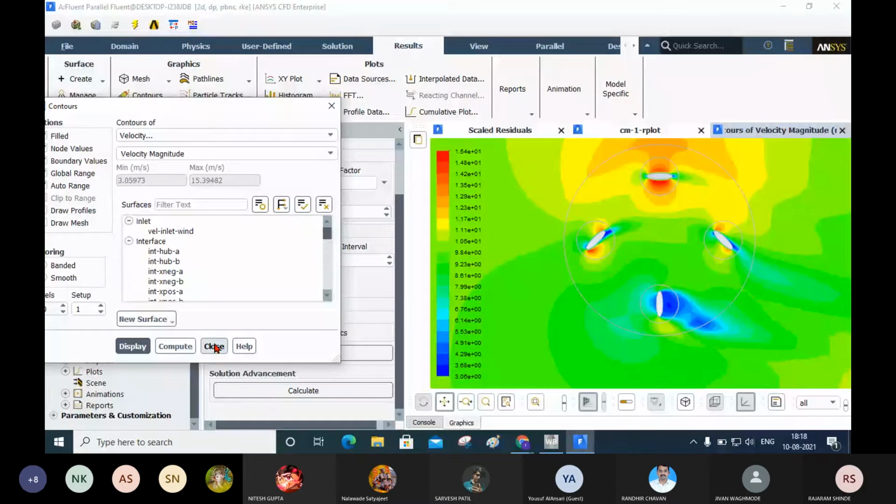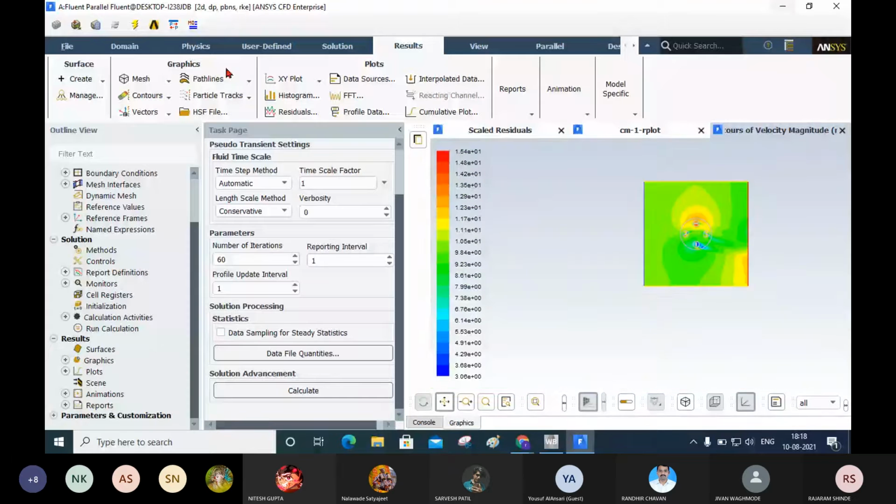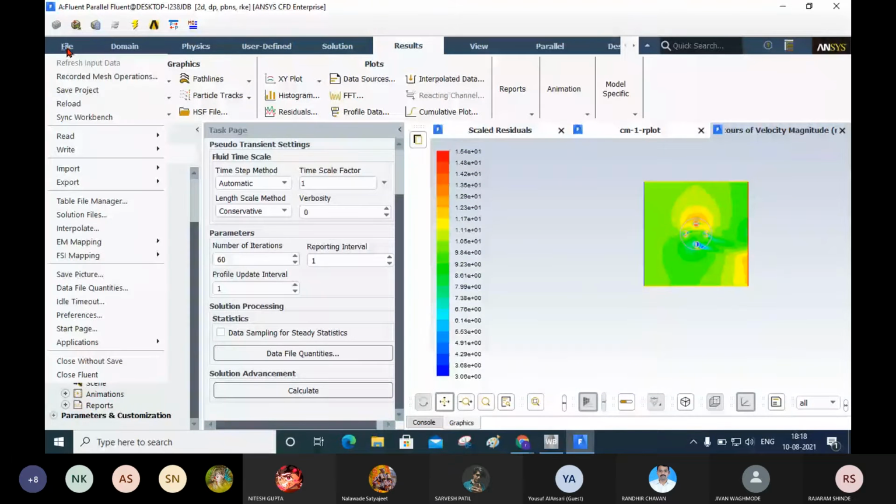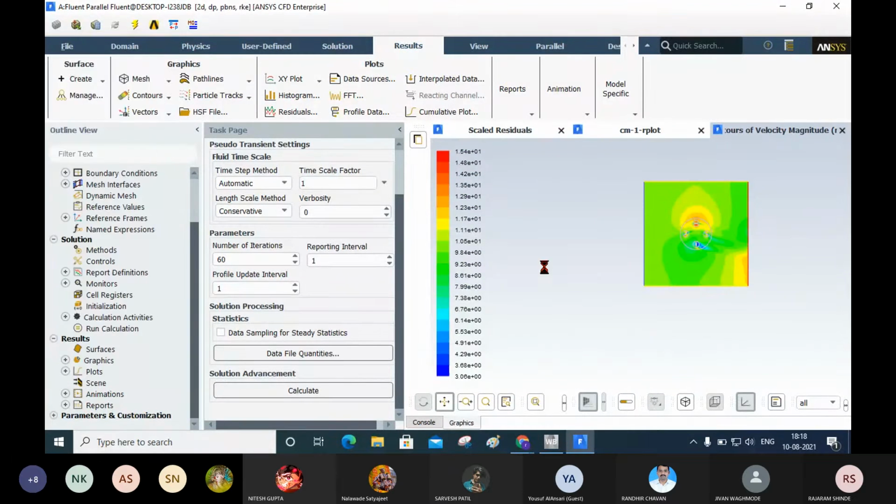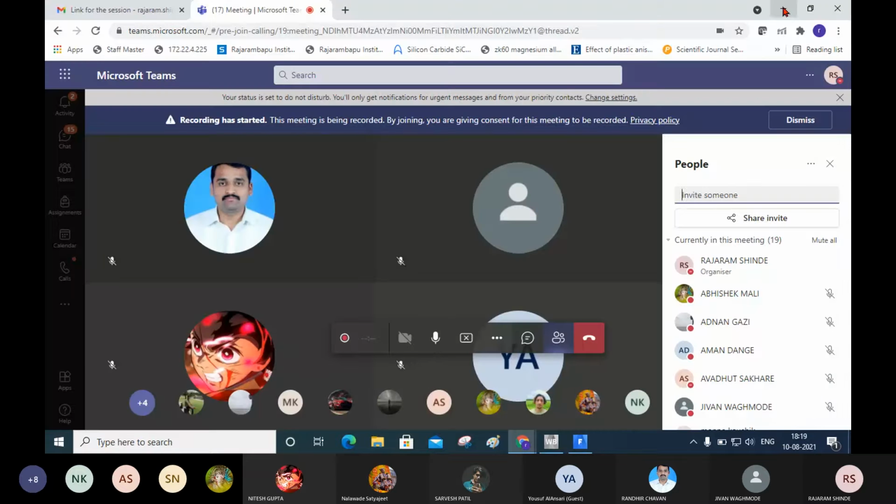I will close this. Now I will minimize this. Okay. I will save the file, save project. It will take some time. Now I will minimize this. If you have doubt, you can ask me. Next I will go to the